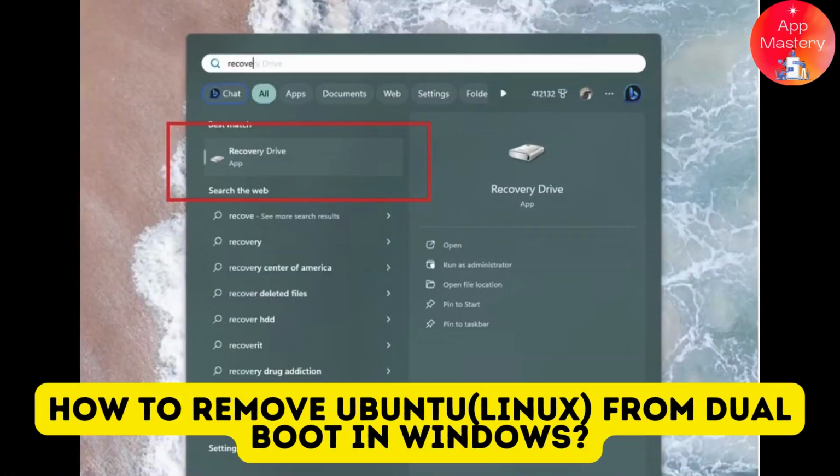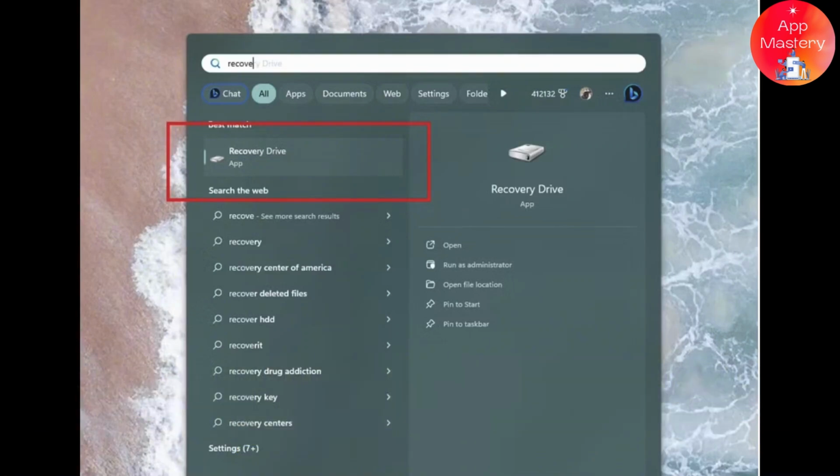How to remove Linux from dual boot in Windows. So let's get started. Before doing anything, plug a USB drive you want to use for recovery into your PC,